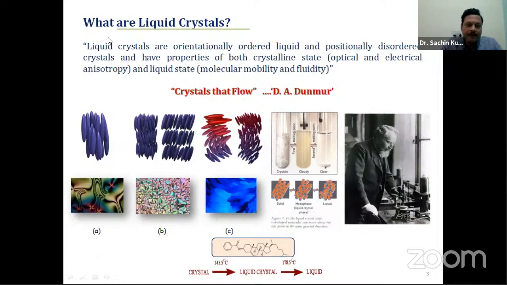For common people, it is connected to LCD screens, but for the scientific community, these materials are known for very beautiful optical textural patterns, many different mesophasic behaviors, and double melting behavior, that is, bi-melting behavior. These materials are also known for phase modulation, meaning switching of phases from one phase to another, and they are stimulus responsive. Therefore, very wide applicability is there for these types of materials. They have very specific physical properties, so it is quite interesting for the scientific community to explore the physical properties, to see the chemistry, and to see their application in various fields.